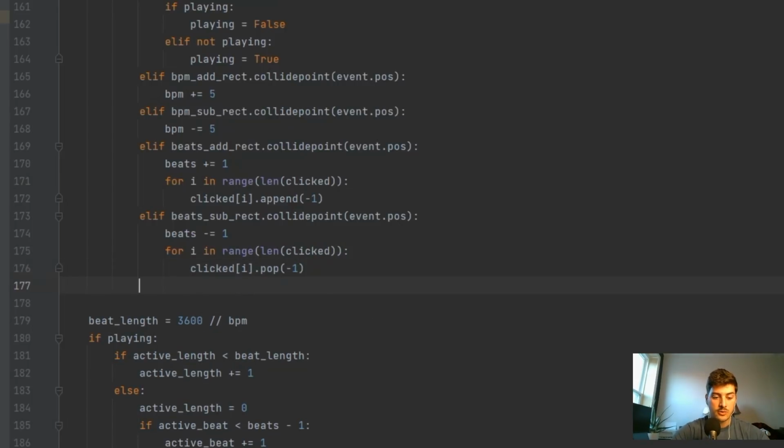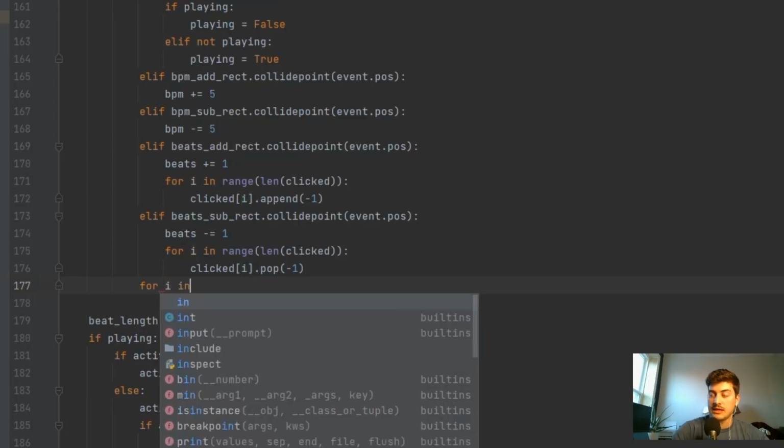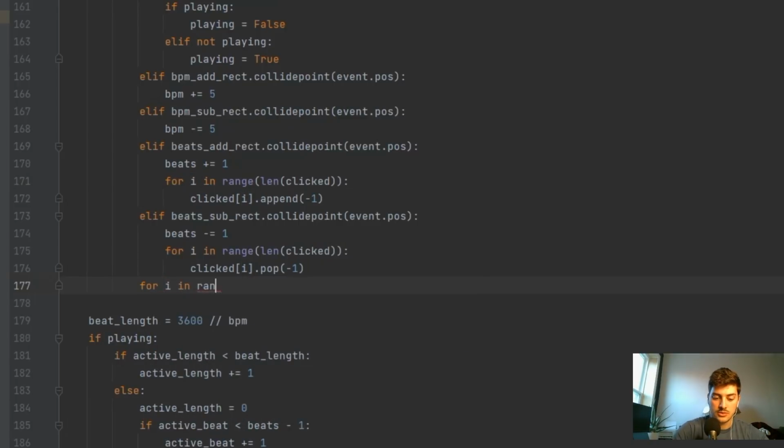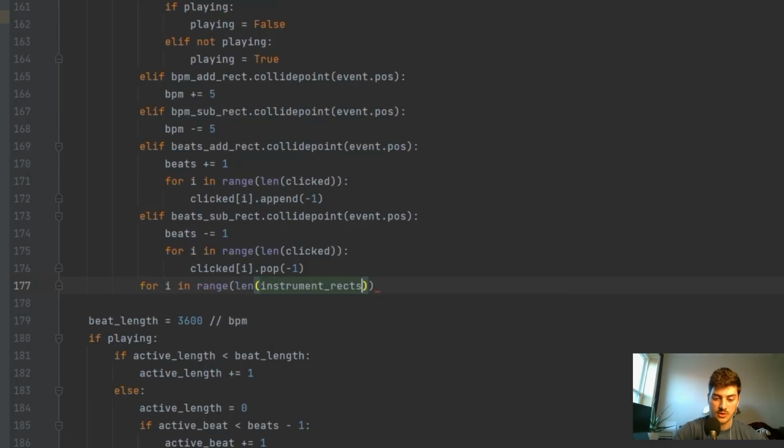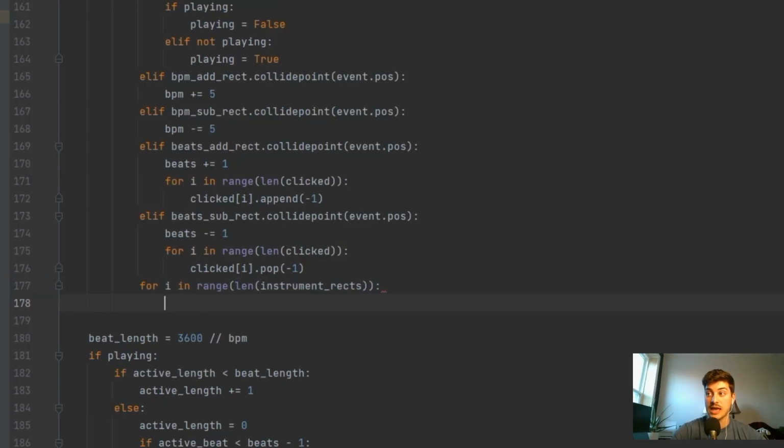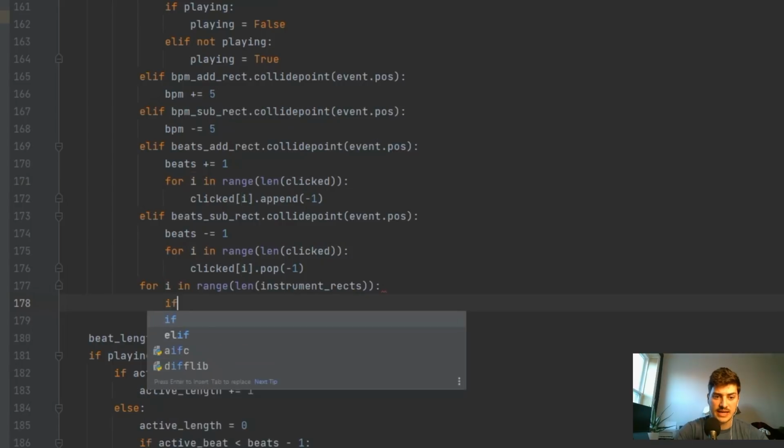So to do that, we'll say for i in range length of instrument rects. Okay, so this is going to check every instrument rectangle that we define, and what we're going to say is if